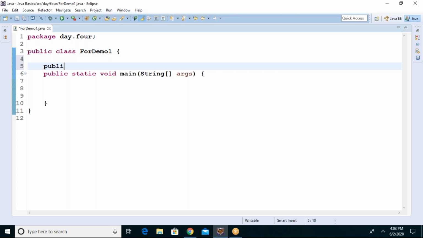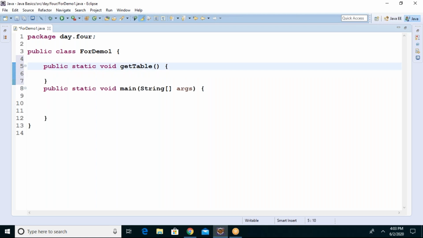Now I will just print one table, public static void getTable. What do you mean by that? Get table means I send a number, and it should print the multiplication table for that number.